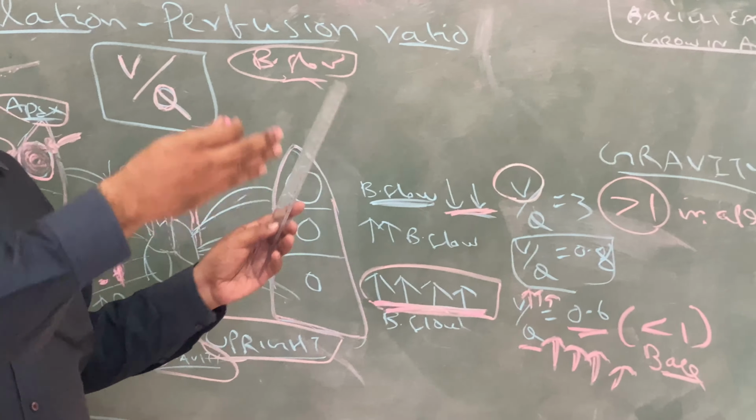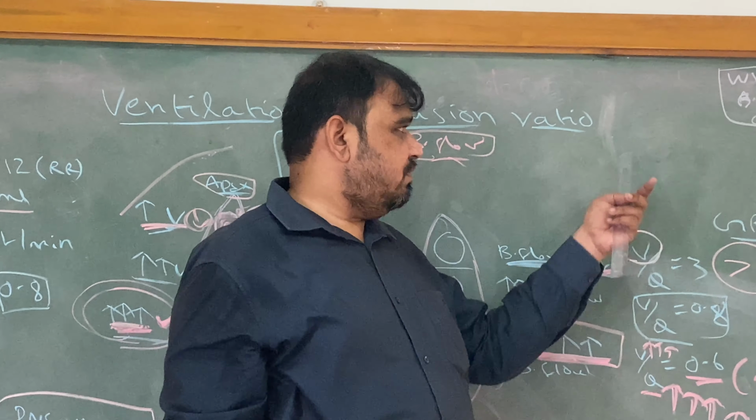So that oxygen is there for survival of the TB bacilli. TB bacilli have more oxygen in the apex rather than in the base of the lung. Why more oxygen in the apex? Because blood flow is very, very less in the apex and blood flow is not able to take that oxygen. So TB bacilli survive well with the presence of oxygen in the apex of the lung.